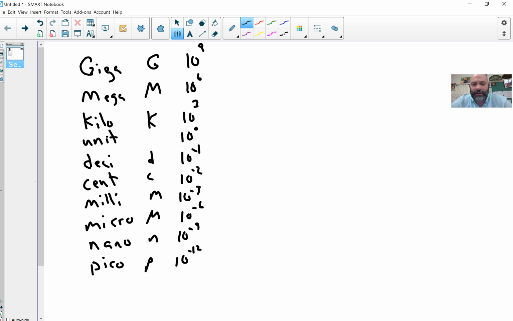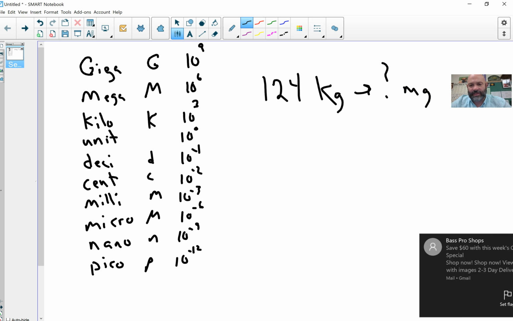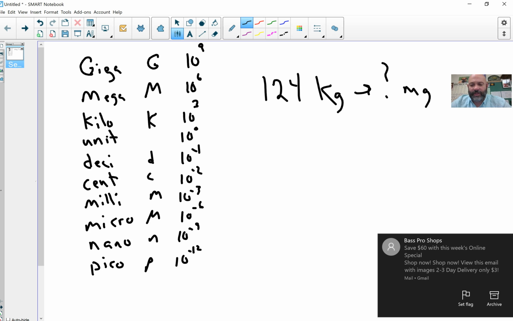So let's say that we start off and we want to change 124 kilograms into how many milligrams it is. So very simply, all we're going to do in this case is we're going to look at